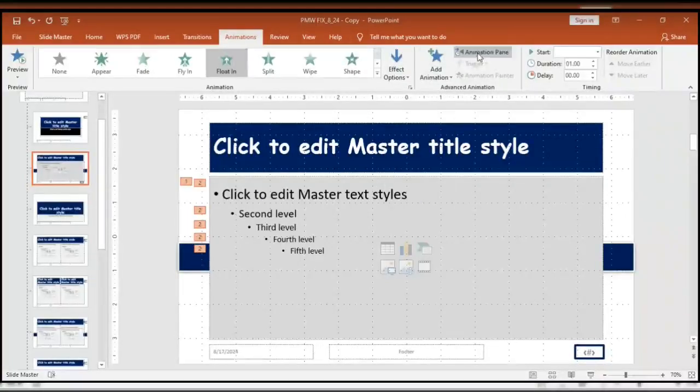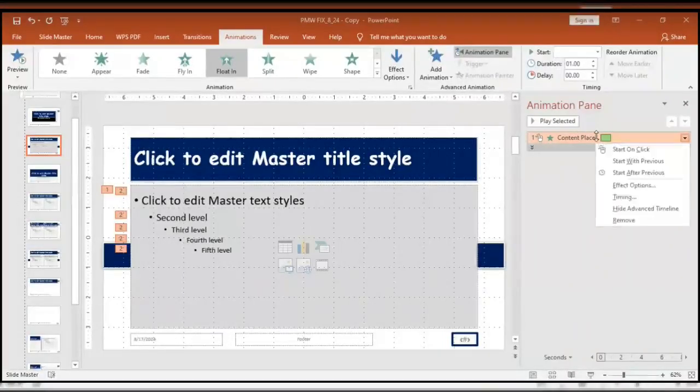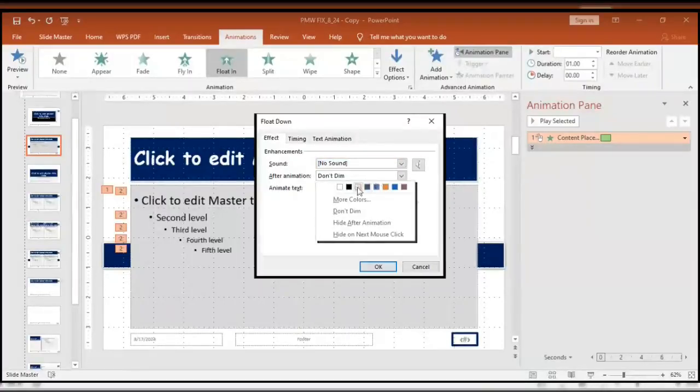After that, you see the animation pane. Click on the animation pane, then it will bring that animation pane on your right. Now, you right click on that and go to effect options. Effect options. Are you there? Yes, sir. When you get to effect options, you say you should dim after animation and you select a color